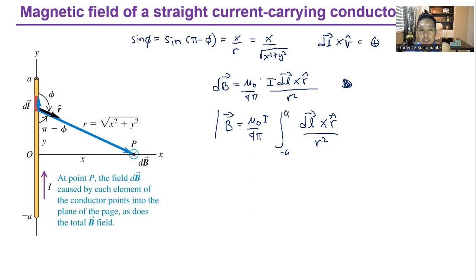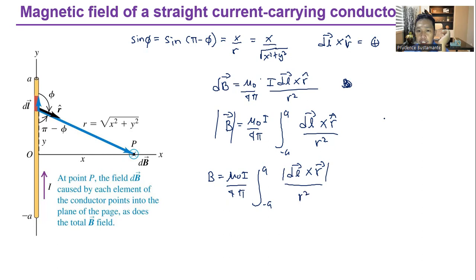From the definition, the magnitude of dl cross r hat is just equal to the magnitude of dl times the magnitude of r hat